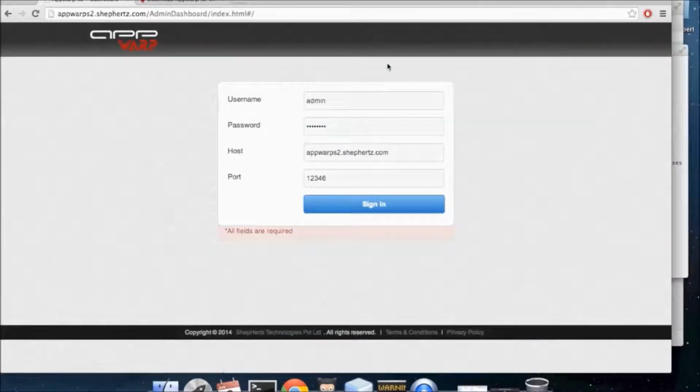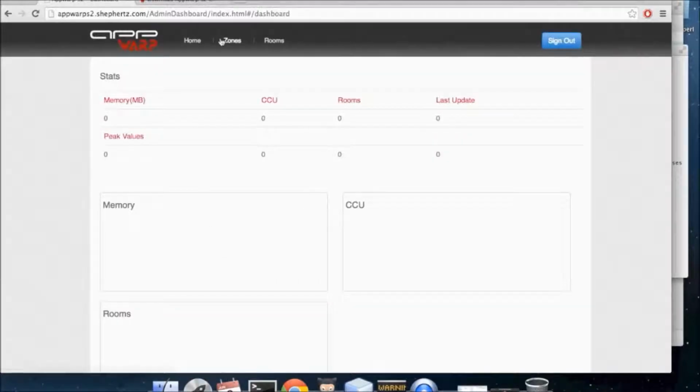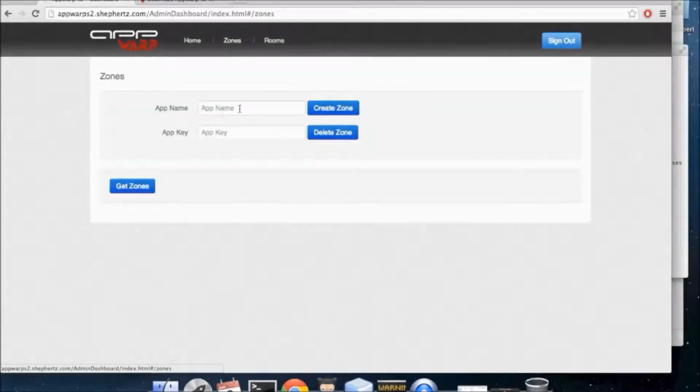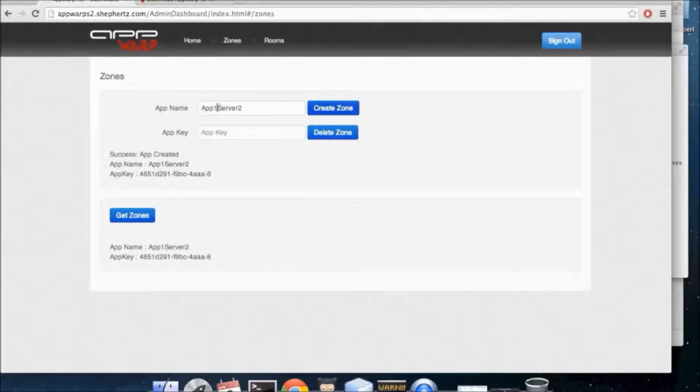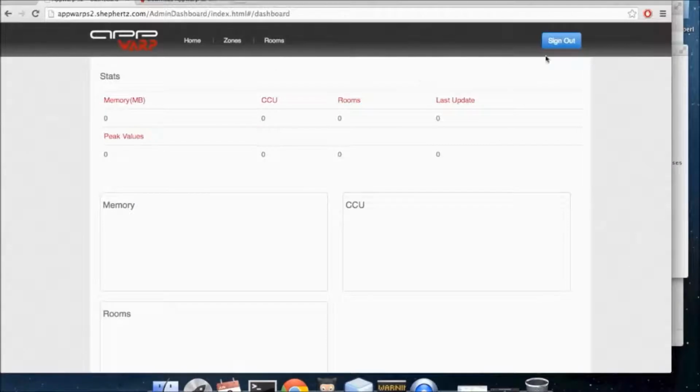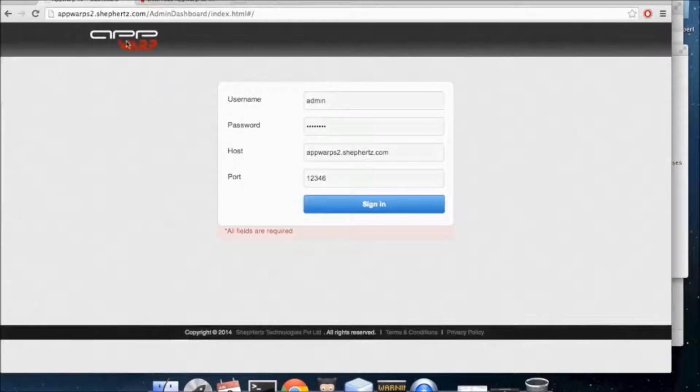I'm going to now create two zones in the other server. Since it's all localhost, you just type in the local IP address. Of course, in a real scenario, you'll be deploying on different machines altogether. Right now I'm just distinguishing them by the port number. Now on the second server, I'm creating app1 server 2 zone and an app2 server 2 zone. Alright, so now that's done, we have 4 zones all in all, 2 on chat server 1 and 2 on chat server 2.